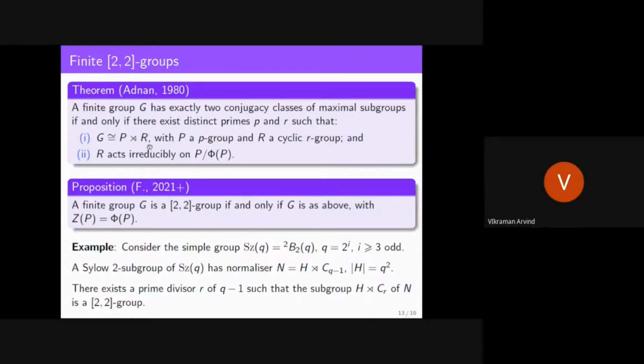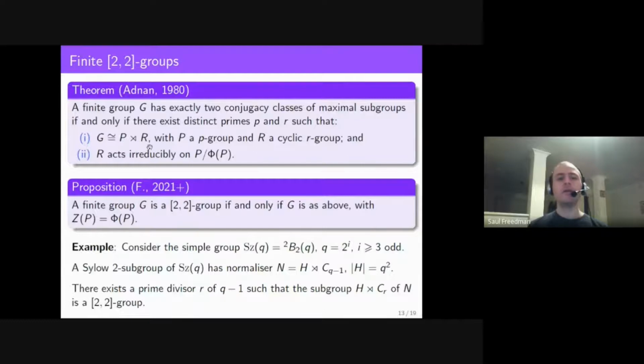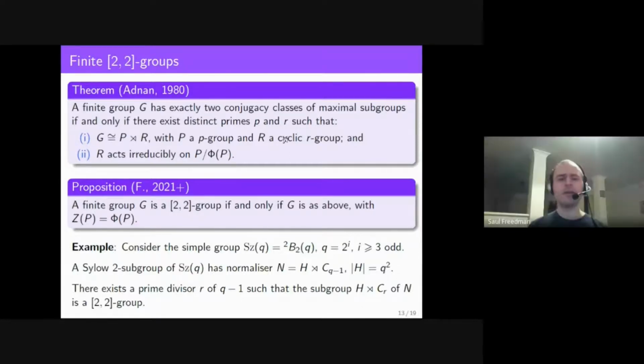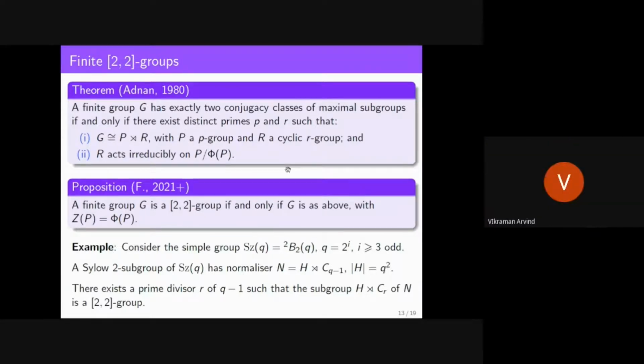I see. And the other one, I think, will be the group generated by Frattini of P and R, something like that. I see. Okay. Yeah, and the second maximal subgroup I mentioned was normal, and the first one is not normal, but the conjugates of those form the conjugacy class. Okay. I think that's correct, anyway.